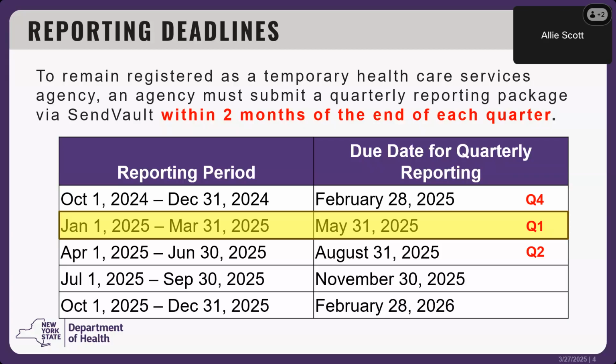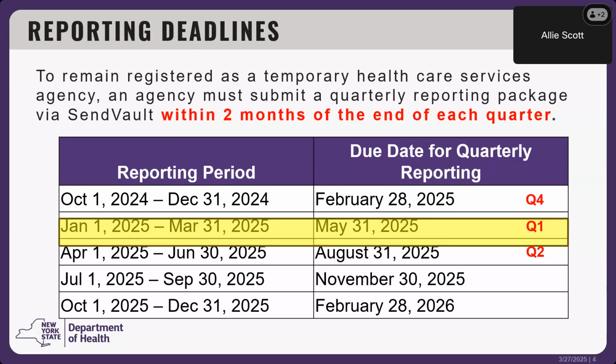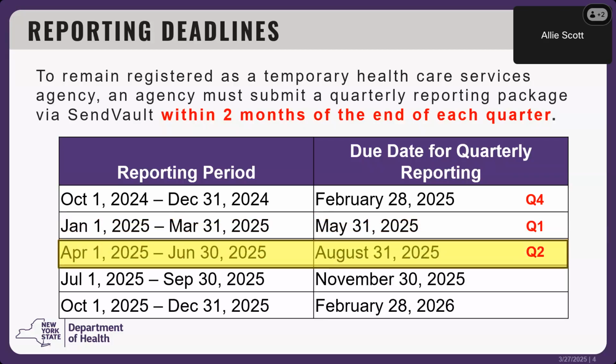So right now, we're gearing up for the collection of Q1, right? That Q1 ends in just a couple days on Monday. And just be on the lookout that following Q1, we'll also be looking for quarterly reporting for the next cycle, which will start April 1st and end June 30th, right? And for those of you who are keenly aware, August 1st, 2025, marks the new registration calendar year. So please mark that onto your calendar if you haven't done so already.